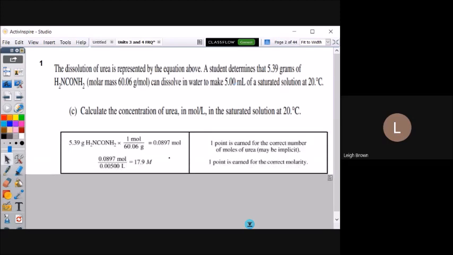So I'm going to reveal the rubric that was on that exam. Notice they've shown all this work, as long as you're showing that you're dividing 5.39 divided by 60.06. Some people might have done this in one math step. That is fine. Notice that the moles, that first point, can be implicit. Some people would set this up as one long math problem. The key, though, is you have to change the milliliters to liters. So don't forget that. Since this is an exam where it's open note, these are little details that we shouldn't miss. Okay, let's move on to the next part.